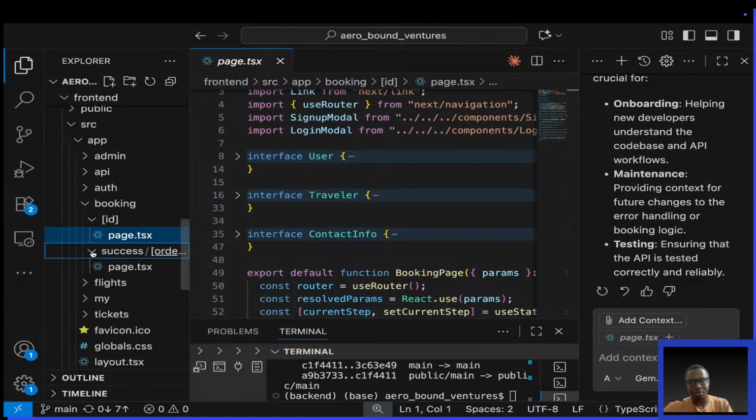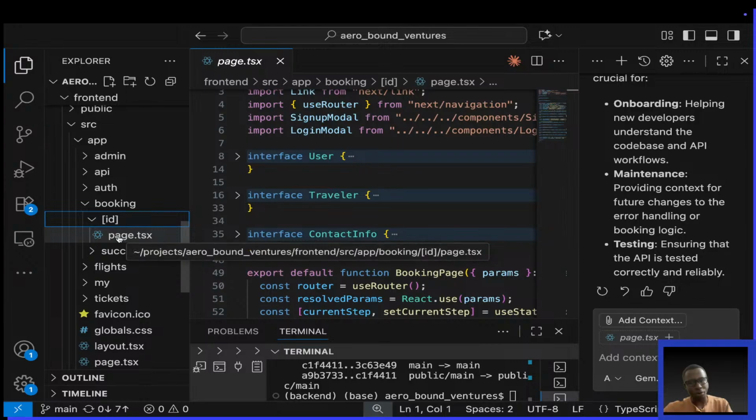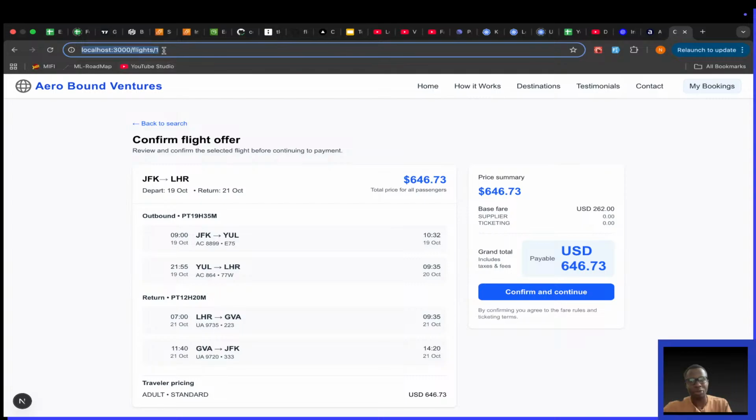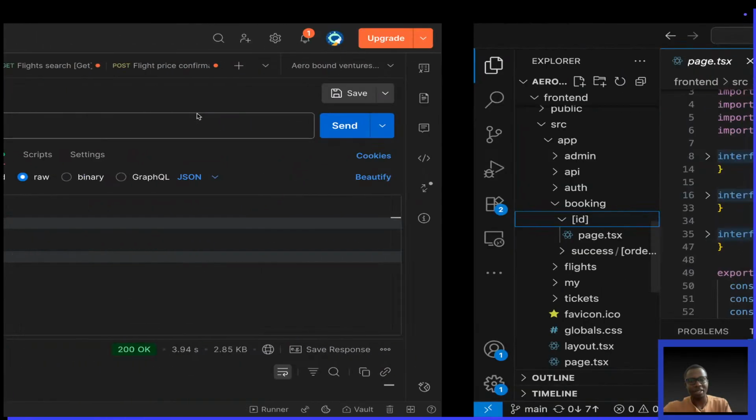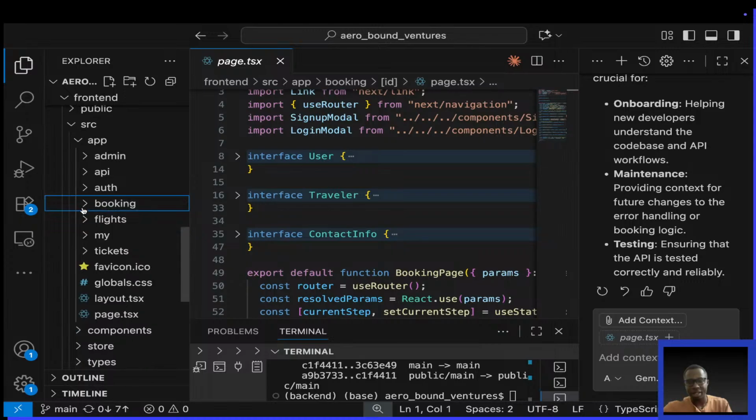So then there's also success. Okay, this is a success page. But there should be like a general booking page, okay? Without having to have this ID. That's what I think. I don't know what you guys think. Unless we are viewing a particular booking, okay? Unless we're keeping track of this ID here, okay? This ID. And what is that ID? That ID is got from